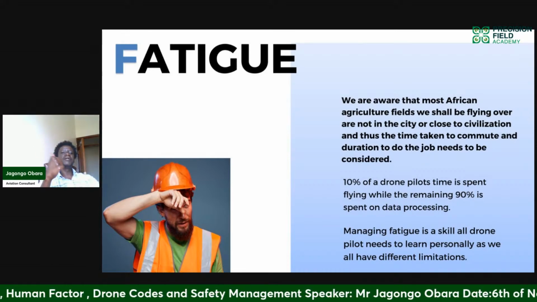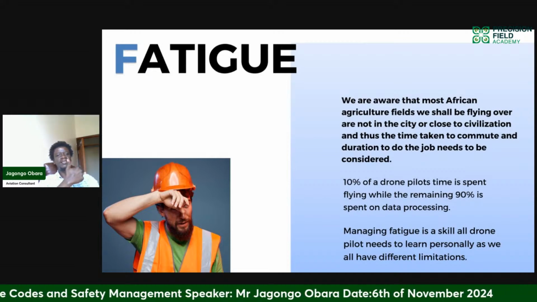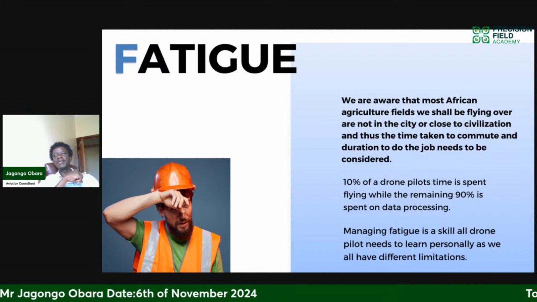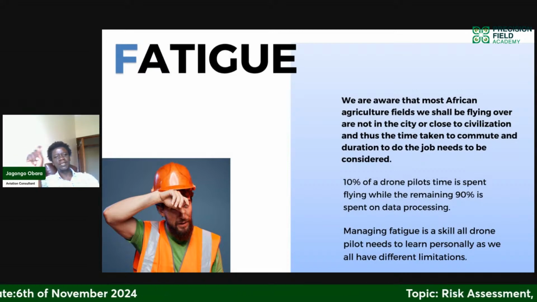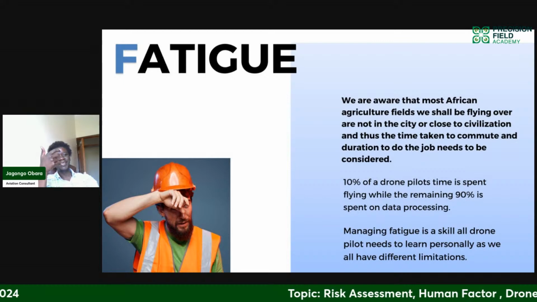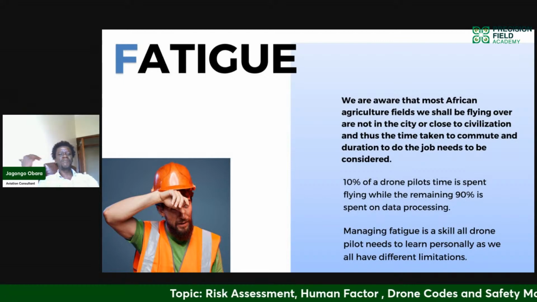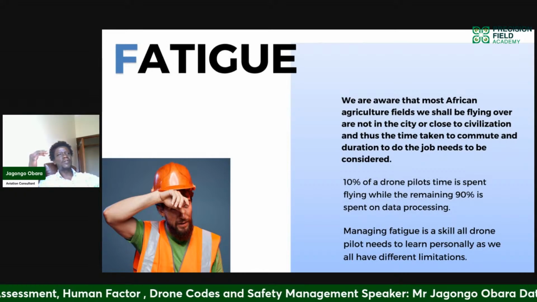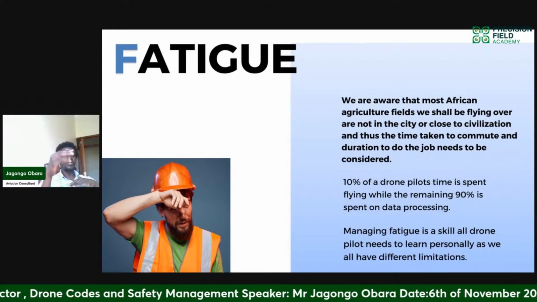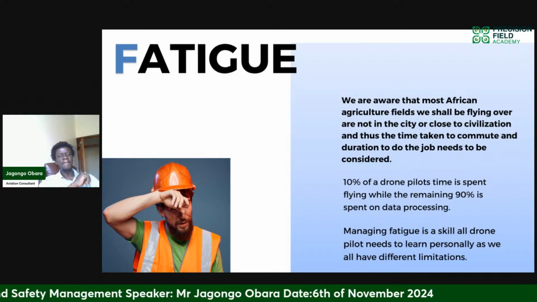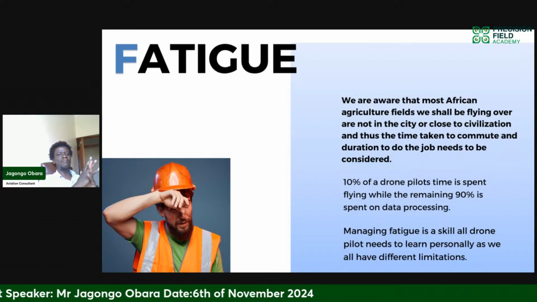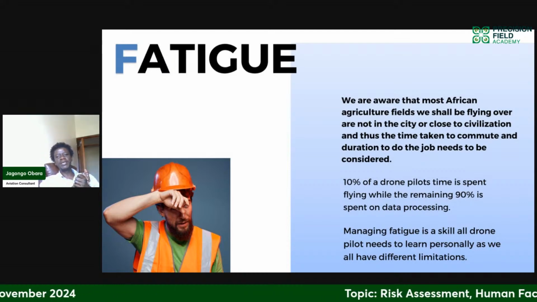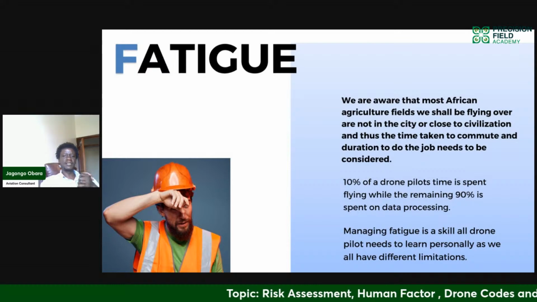You want to tell the farmer how good his crop is looking. Is it green? Is it nice? Is it ripe? Is it growing the way he expects it? That does not happen instantly. It is not just like putting coffee in a cup and sipping it the next minute. It takes a lot of time to download this data. You're processing these images, you're giving color to it, you're color coding things. You're trying to figure it out in a way that it's not so complicated and you can break it down in 2 minutes to the farmer. And so that is why we are spending 90% of our time processing data.